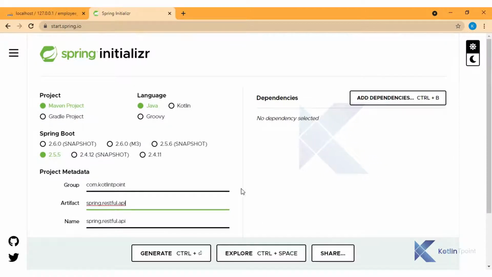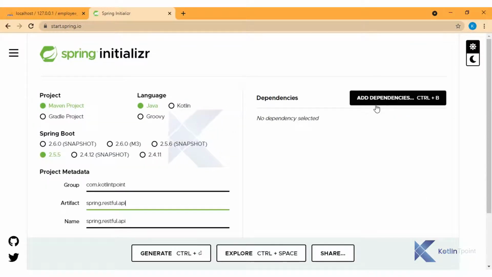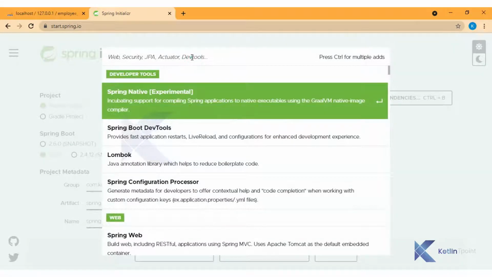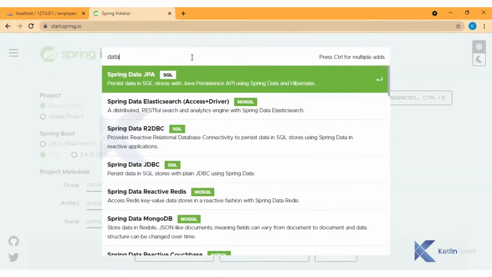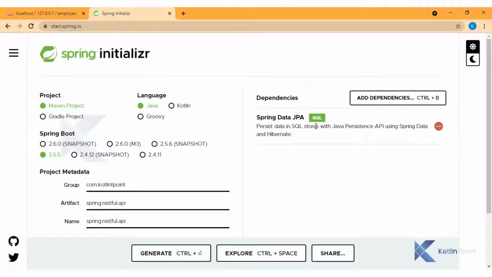With this application we need the following dependencies. As you can see, we need starter data JPA, which is Hibernate ORM support. I will click the add dependency option and select data JPA. You can see the data JPA dependency is there in my application.